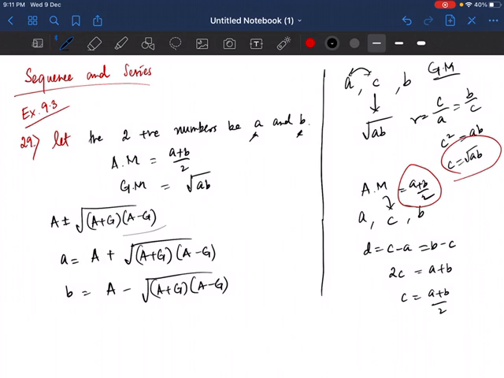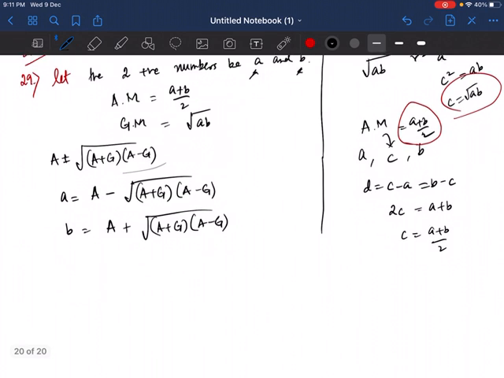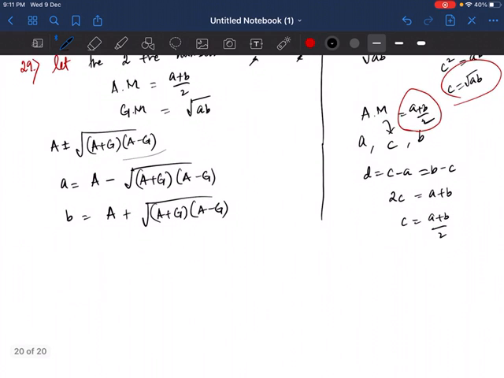So let's start with that. How do we do that? Or else we can interchange them also, because for two positive numbers, a is smaller than b, right? So I will take the positive sign for the b one and keep the negative sign for a, because small a is smaller than small b. That's why a minus this one is to be proved. So what we are going to do is, first let us start with a. I shall write this one as 1 and this one as 2.